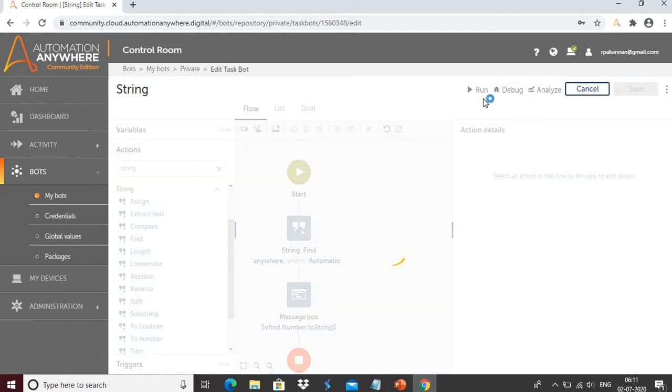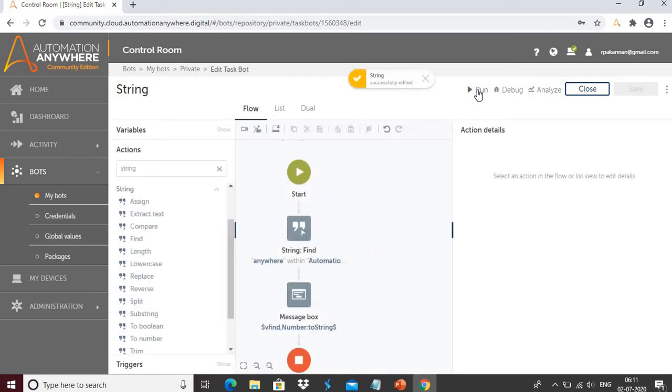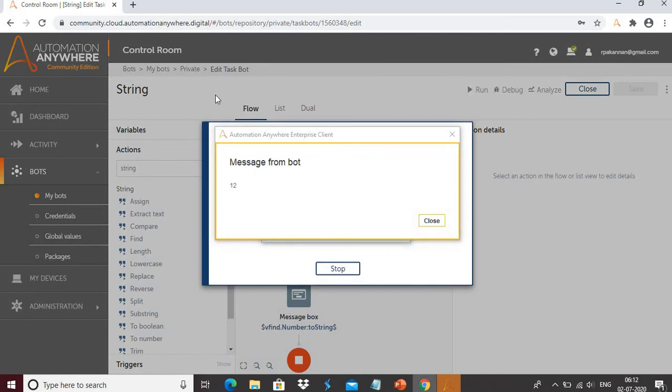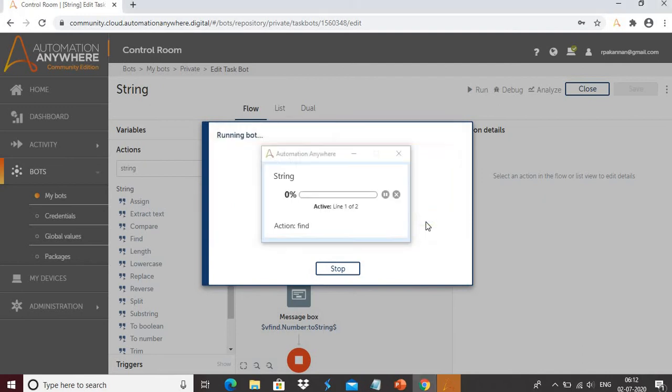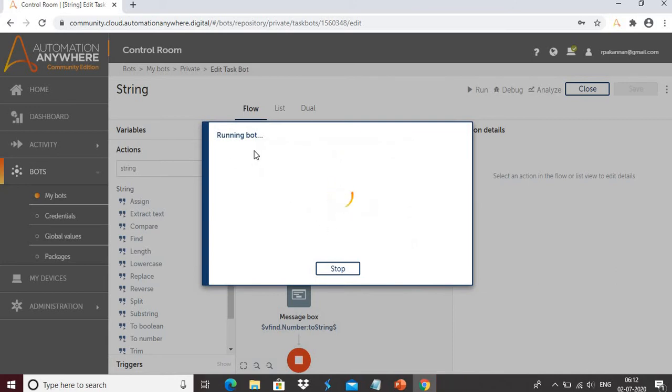So I will save the task and run it, so you can see the output. Perfect. We got the result as 12. I will explain why we got the result as 12. Just wait for this window to close. Your bot run has been successful.